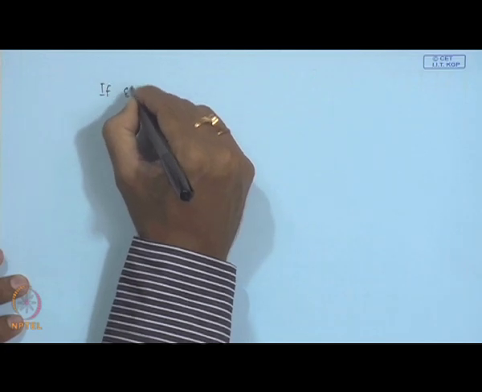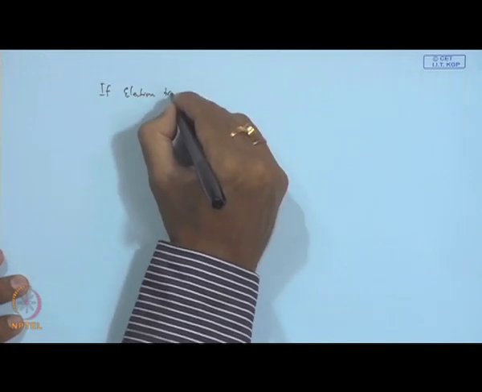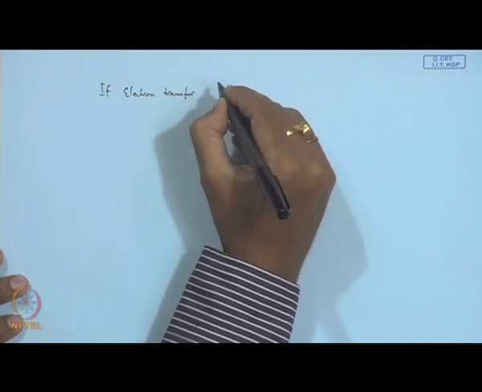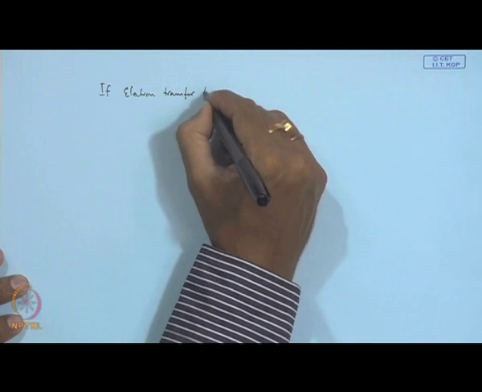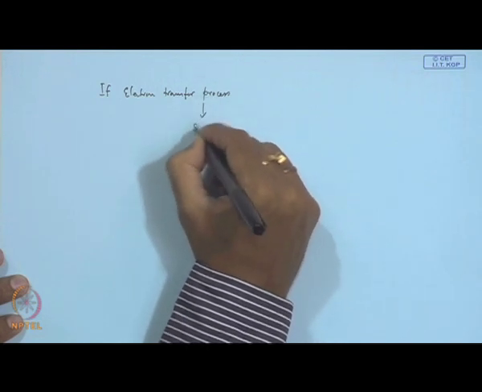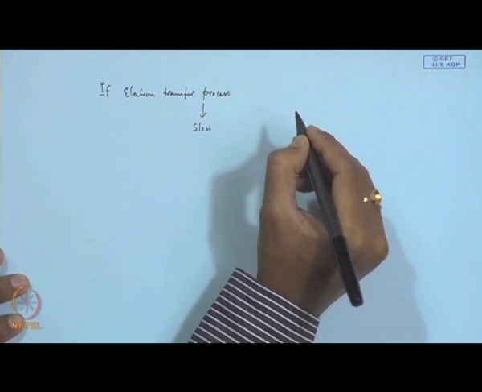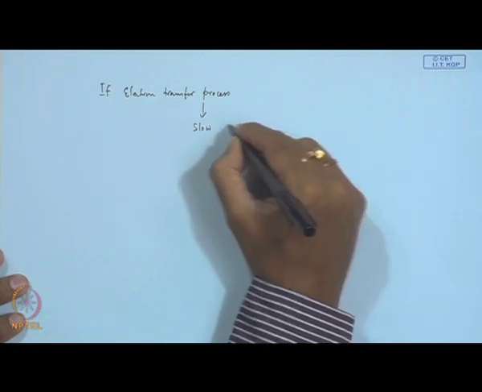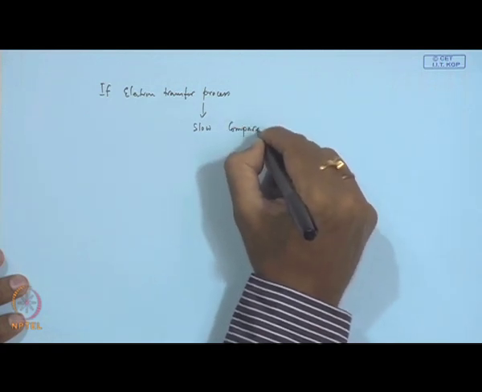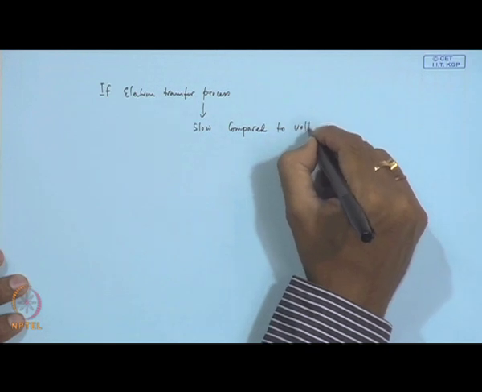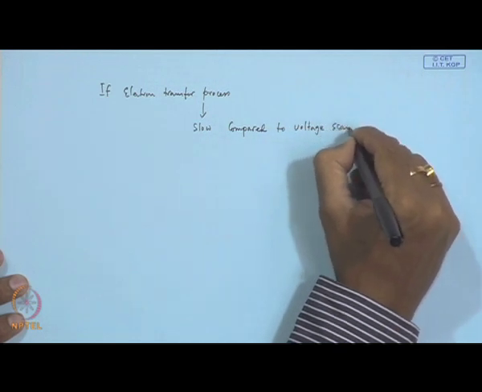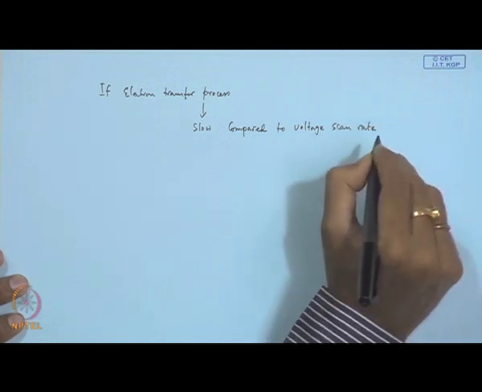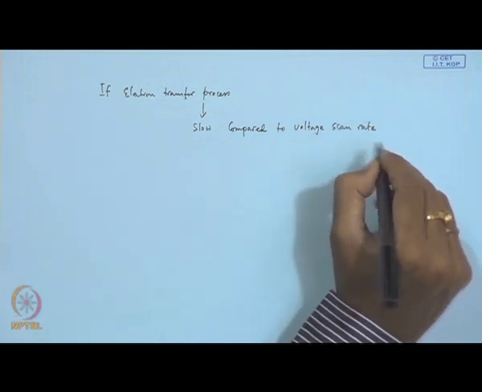So, one question is still remaining: what if electron transfer processes are slow, I mean slow in comparison to your voltage scan rate, okay. And in that case,